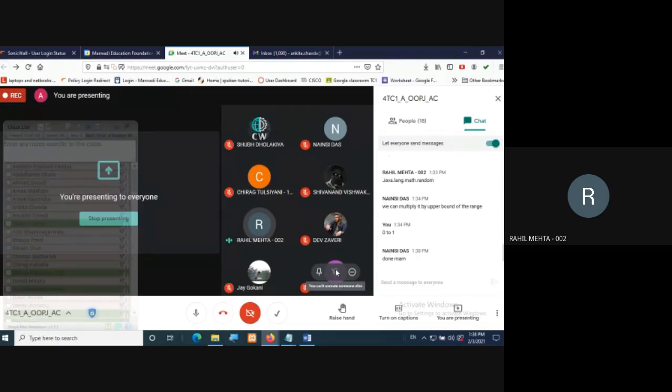Every time you run this program, you will get something new. Keep running this program again and again, you will get new numbers, randomly generated. Yes.